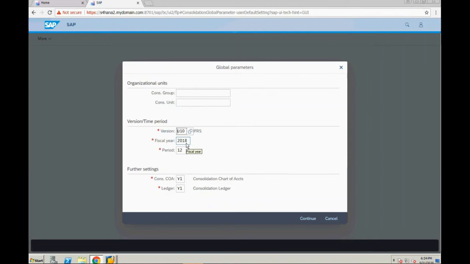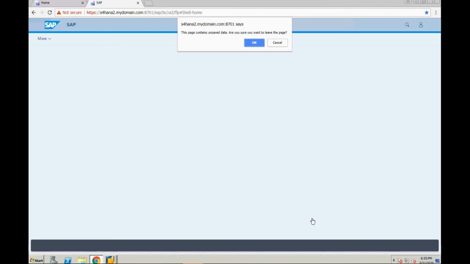And which period you want to do your consolidation. So month-wise. Now you might ask me, yearly once if I want to create, so every December you have to create. Quarterly you want to do, then if it is third period, sixth period, ninth period, 12th period. He has to select consolidation chart of accounts, consolidation ledger. So these terms are the key terms we are going to learn after this demo, after this overview. Continue.